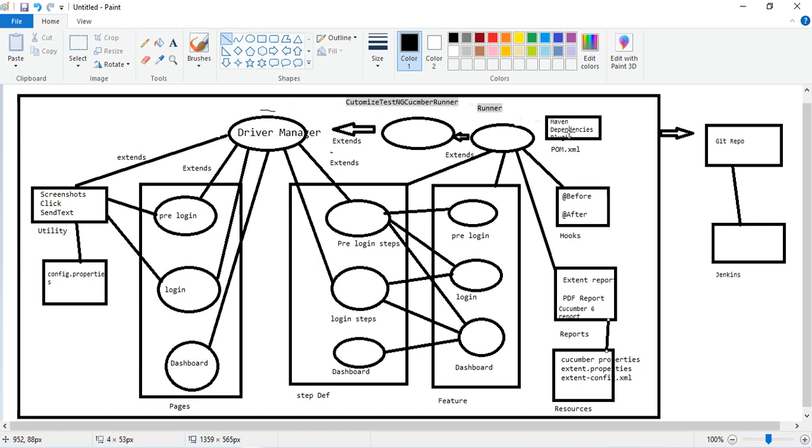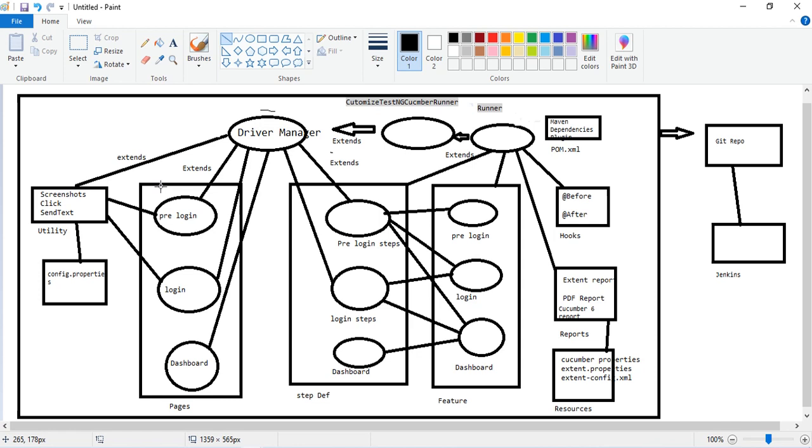Okay, so we have added the extent report dependency as well in my pom.xml, and Cucumber Adapter 6 Maven dependency. Okay, and this extent report is using my extent.properties and extent-config.xml, which is in my src test resources.